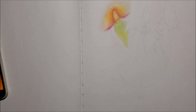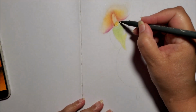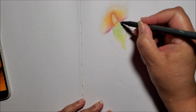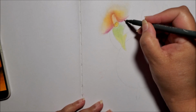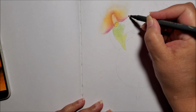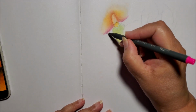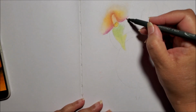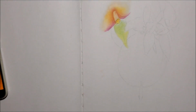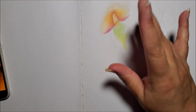I did have to sort of organize them a little bit when I first got them because all the colors were mixed up. And this will make it easier for me to find what I'm looking for. Look at that. That is so nice. Puts a nice edge where I need the edge. Nice sharp point. Just like that. Makes me very happy. I did attempt to rework this a little bit more, but